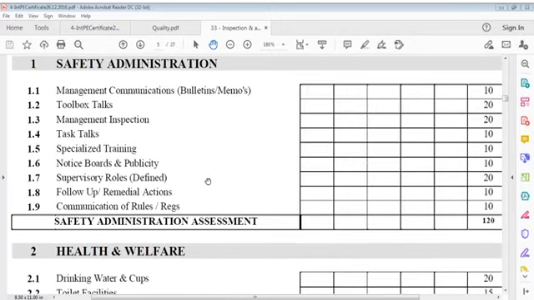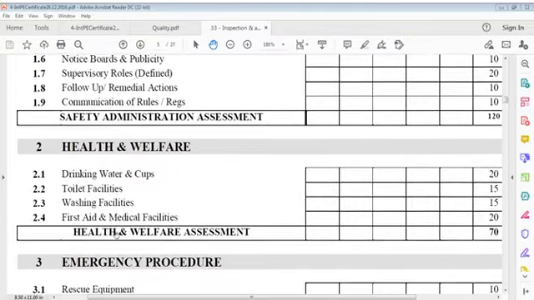So let's read management communications, bulletins, memos, toolbox talks, management organization inspection, task talks, specialized training, notice boards and publicity, supervisory roles, follow-up, remedial actions, communication rules. This is in safety administration, and there can be more and more of this. Means task talks or toolbox talks, and of course you can say training should also be given there. Those may not be included, doesn't matter, but then assessment is there, then its own assessment, then health and welfare is also its own,